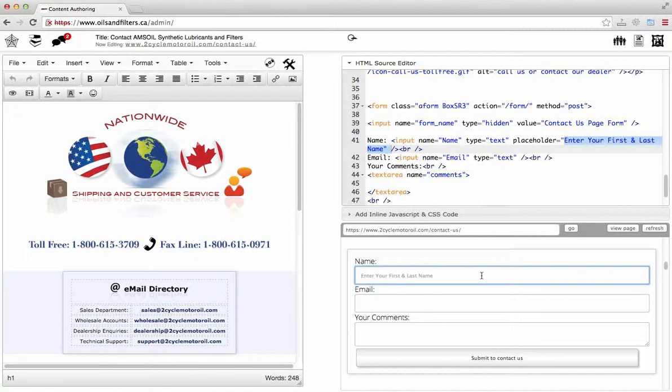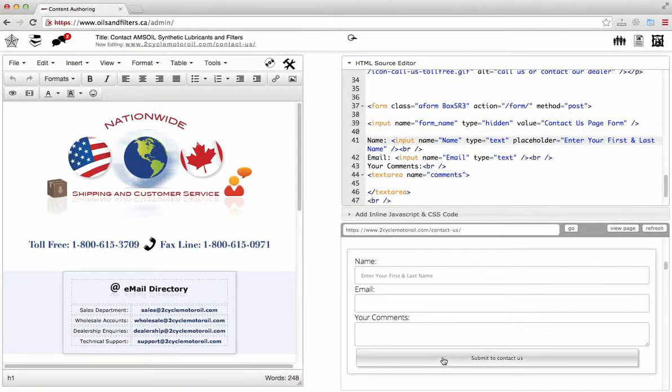And one more thing that I want to show you is another class called the required class, REQ. So right now this form can be submitted without any data. For example, I can just click on submit and it will just submit an empty form, which is actually not a good idea to receive an email with no data on it. To prevent that, we have a predefined class called